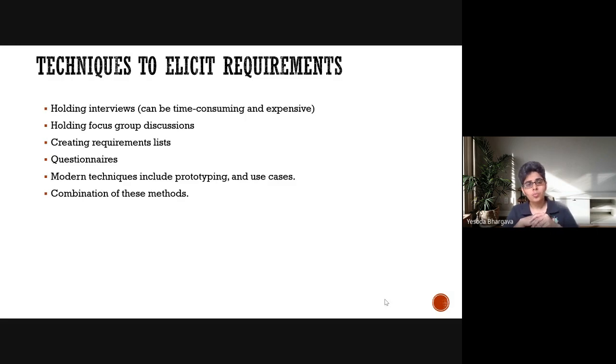In the more modern world, prototyping is one of the ways in which you can gather the requirements. You may have noticed that a few apps launch their beta versions to a selected group of people and give them rewards just to see how they're interacting with the app and to gather their feedback. That is also one of the ways to assess the risk, because they want to be extremely sure, before they launch the full-fledged version of the app, whether or not it will be successful.